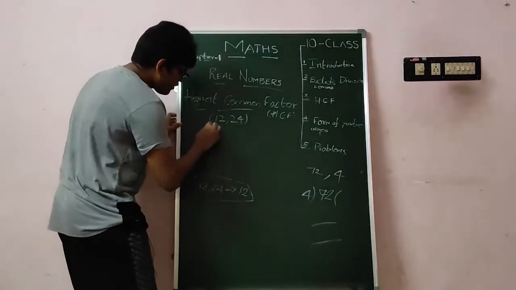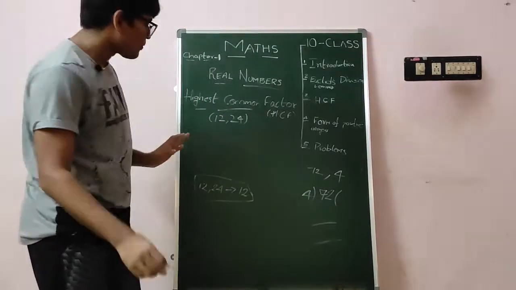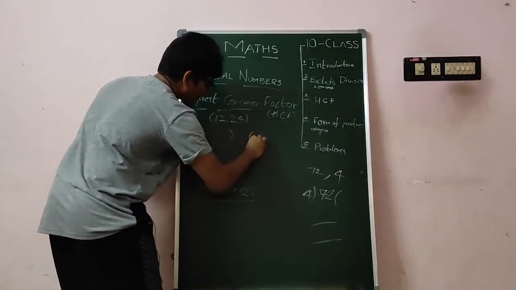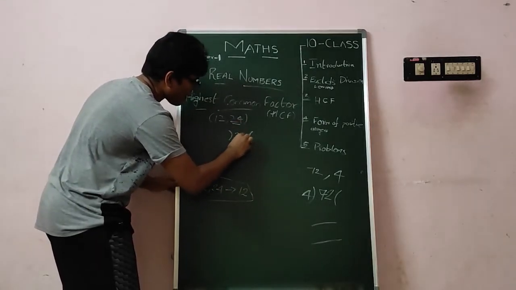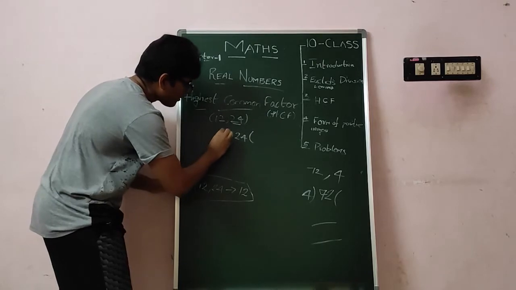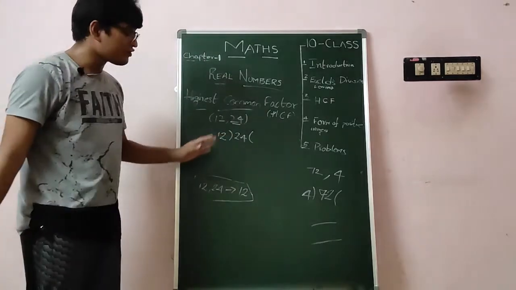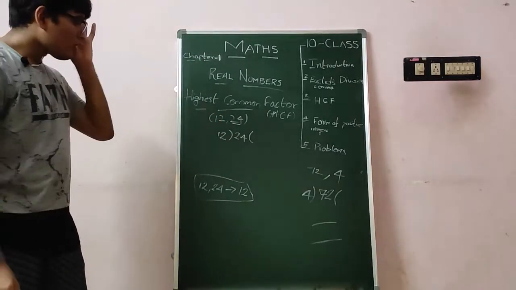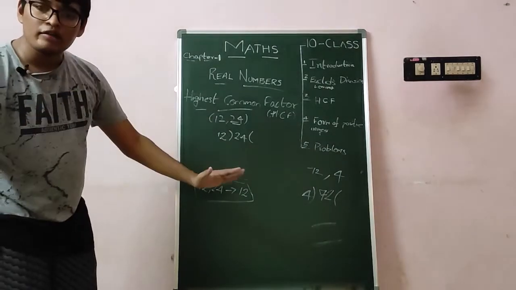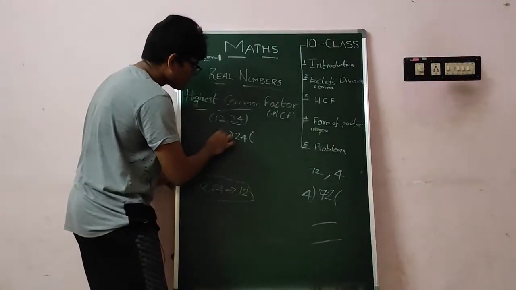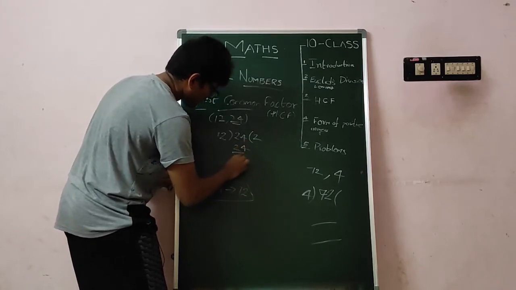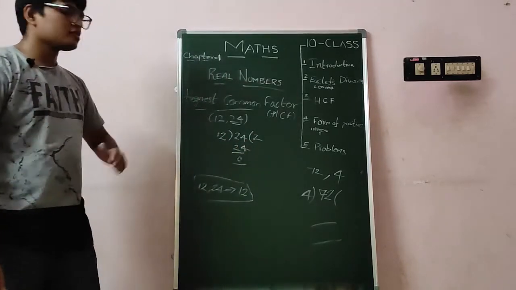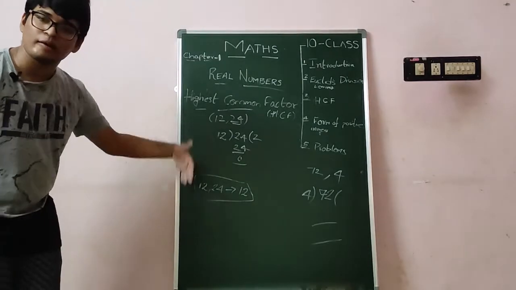For example, you are asked to find HCF of two numbers. Draw two brackets and always write the biggest number in between the brackets and the smallest number on the left side of the bracket. Now you need to do the normal division, which means 12 2s are 24. That's it, students. Just one step. We have done lots of steps in the previous example.